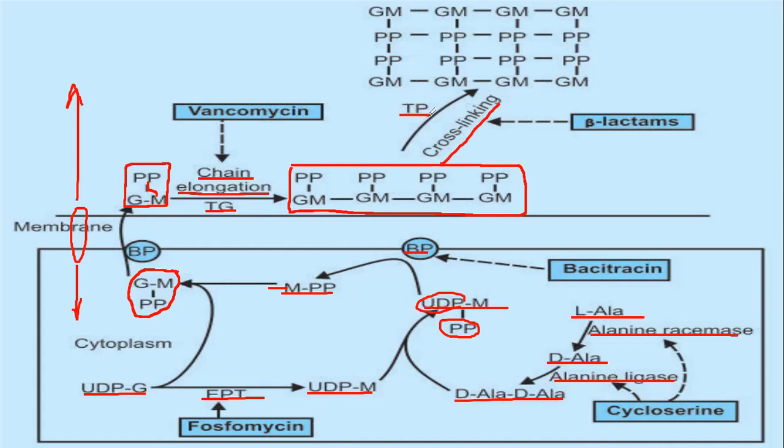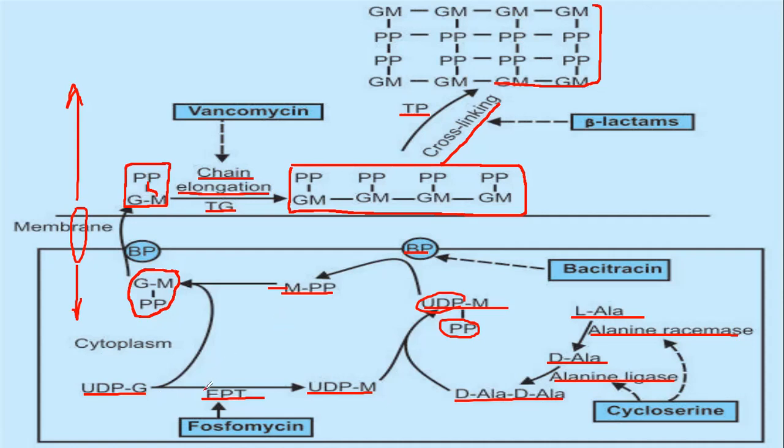transpeptidase. Now you form a functional cell wall, which consists of alternating subunits of N-acetylglucosamine and N-acetylmuramic acid, and the pentapeptide bridges. Now you have understood how the cell wall synthesis is done. Now you want to inhibit that. You can do this